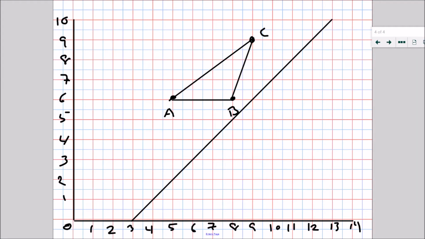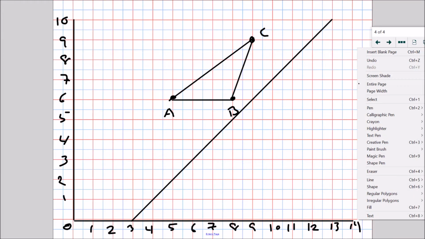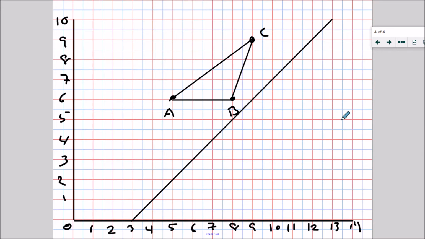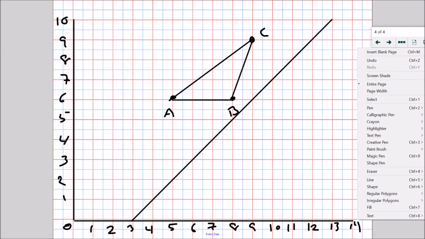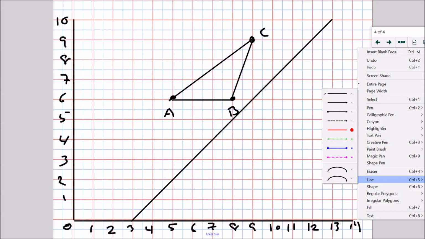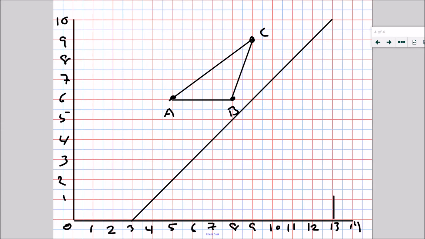Okay, so here we see our coordinate plane with the triangle ABC written on it. Now the first thing we're going to need to do is name the line that we're reflecting across. And this is a little bit tricky with a diagonal. Now with a straight up or down line, we can name that line based on the thing that it's always going to be going through. So if I have a vertical line, let's just draw one for example. If I have a vertical line that goes through this point,